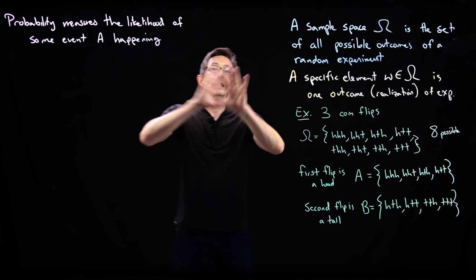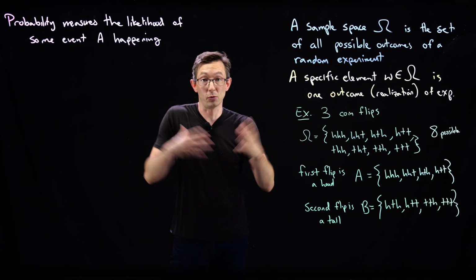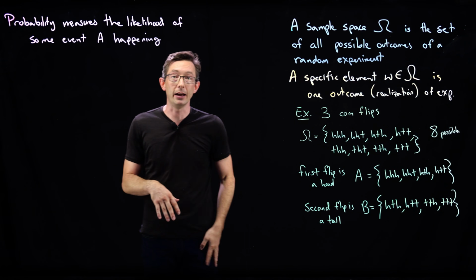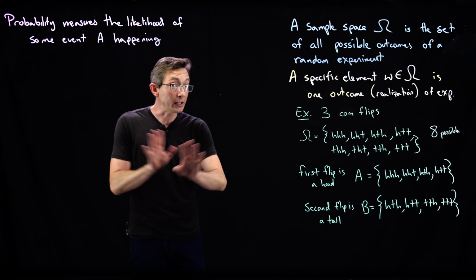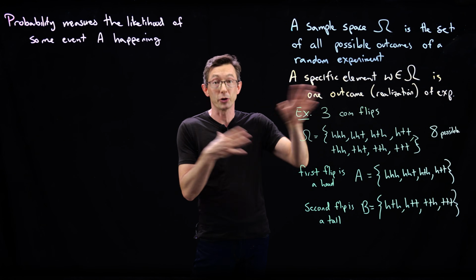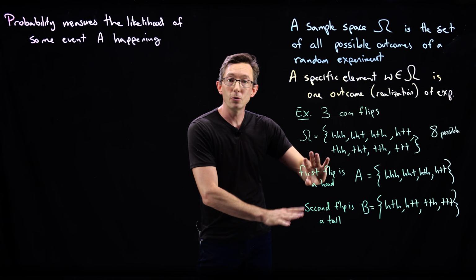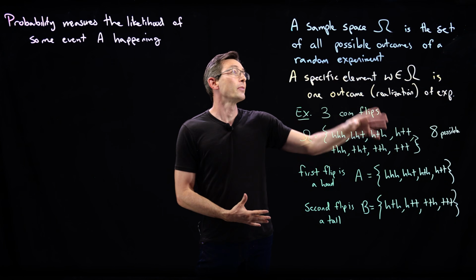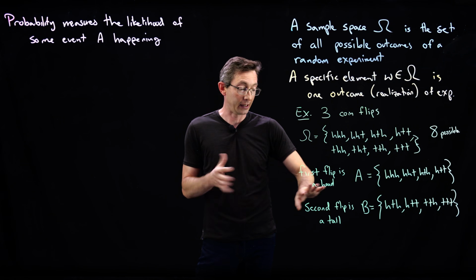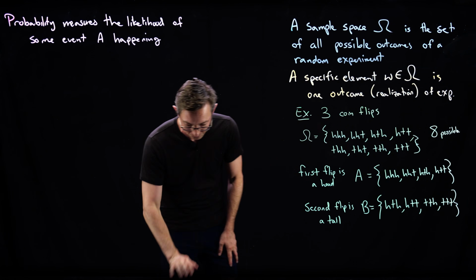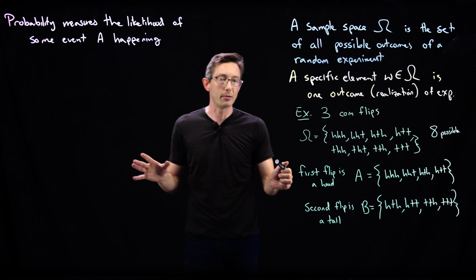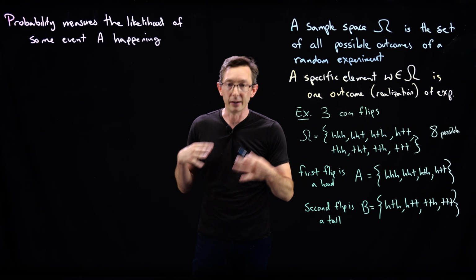And these are 2 different events. There's one event where my first flip is a head, and there's another event where my second flip is a tail. Turns out these are completely independent. The first flip and the second flip are independent. We'll talk about what that means later in terms of probabilities. But these are just 2 outcomes that could happen. And we can compute probabilities of the first flip being a head, the second flip being a tail, and so on and so forth. We can start to think about the sample space and the probabilities in terms of pictures